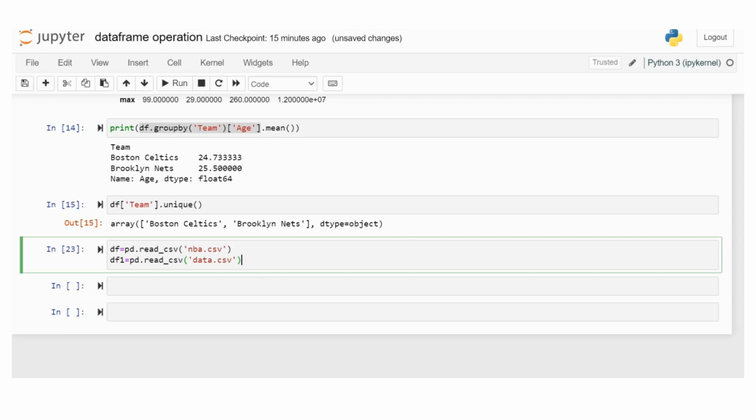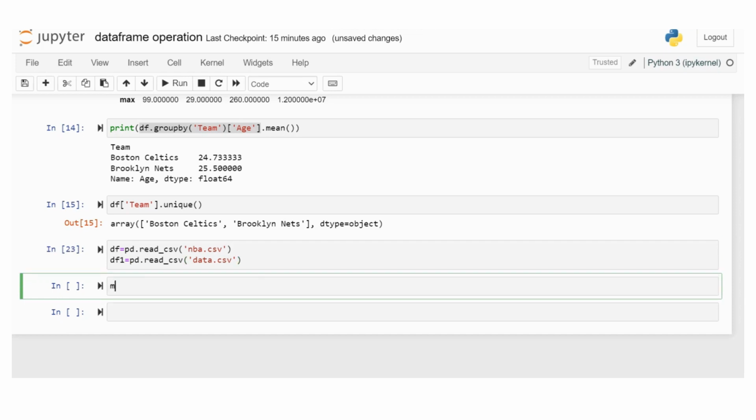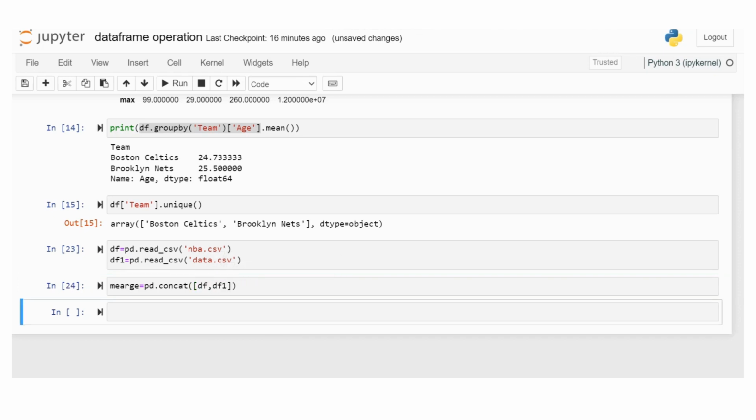And perform the merge of the two data frames. Okay, pd.concat: pandas provides the concat function to join the two data sets, df and df1, and print the merged data set.